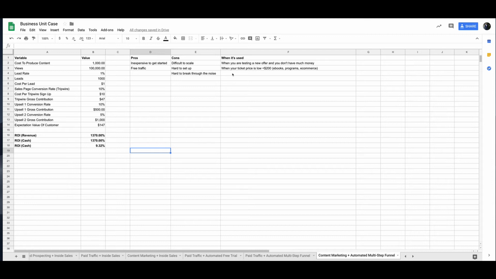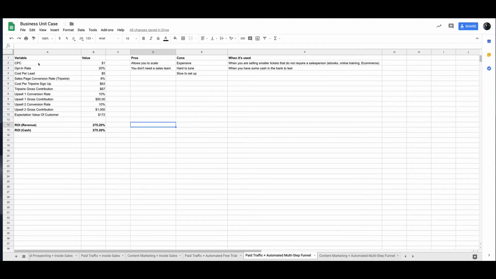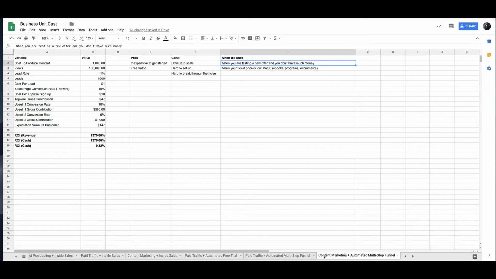Okay, so this works if you're brand new and you're selling something like e-commerce or an info product, and you don't have a lot of money to start testing ads. Because if you're going to be using this funnel, you're going to have to spend thousands of dollars on testing before you dial these numbers in. So if you don't have a ton of money to test, and this is what Greg O'Gallagher did, he got to his first $1 million just in organic